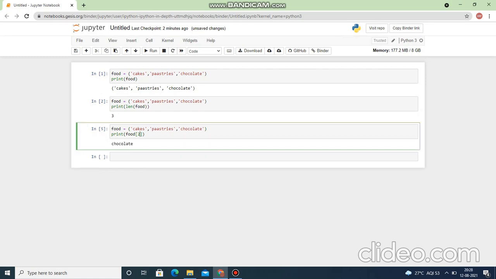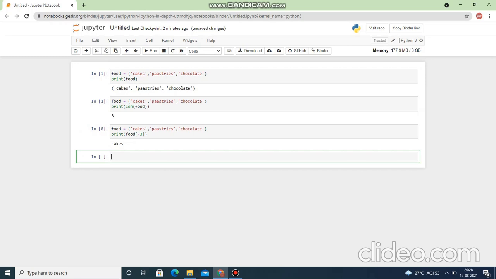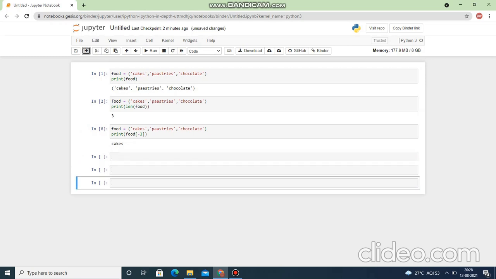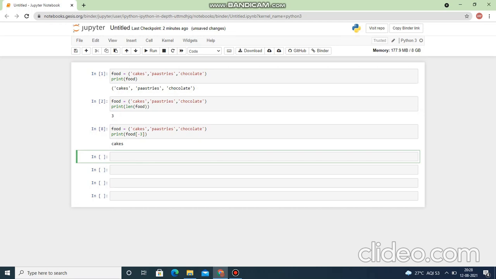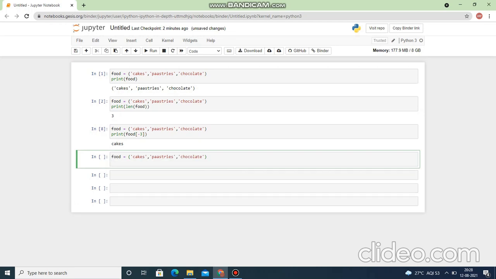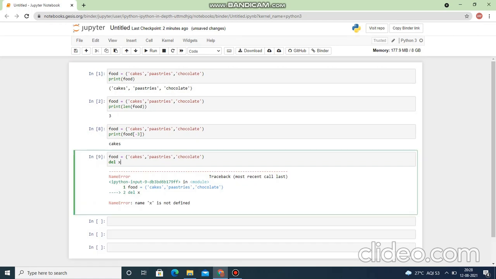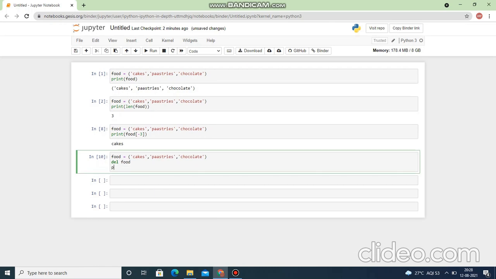Similarly, you can do the rest. Now I'll show you how you can delete the tuple, because in a tuple you are not able to add or remove an element. Let's give del food. Now if I try to print food, what will happen?